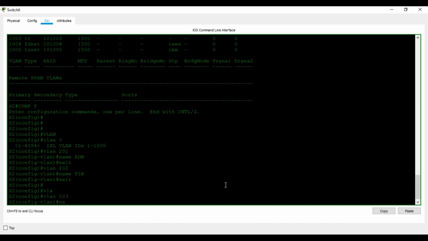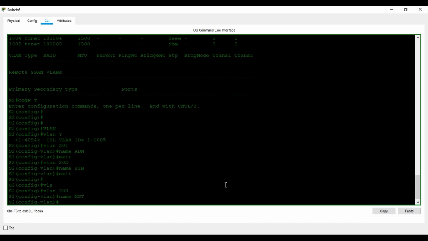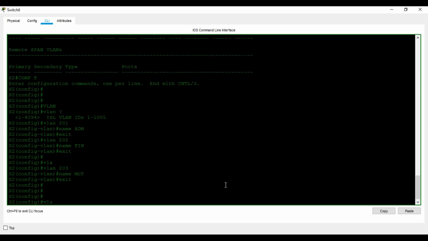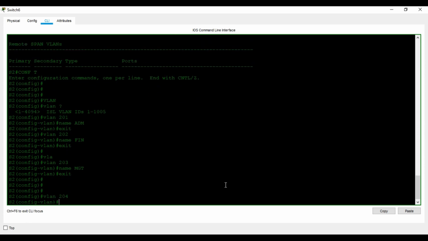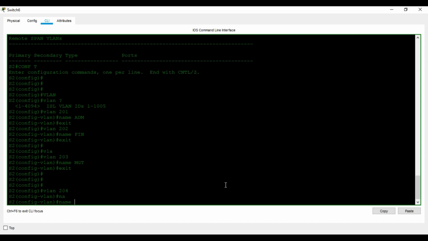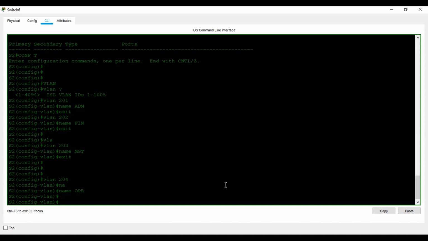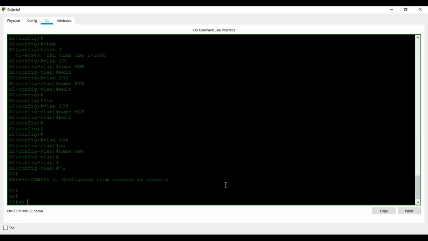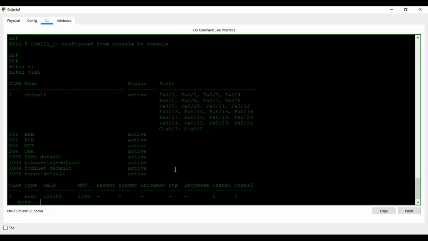The name of the VLAN is management. And the final one is VLAN 204. The name of the VLAN is operation. Cool. Then I again run show vlan, and you can see there are 4 VLANs: 201, 202, 203, and 204,